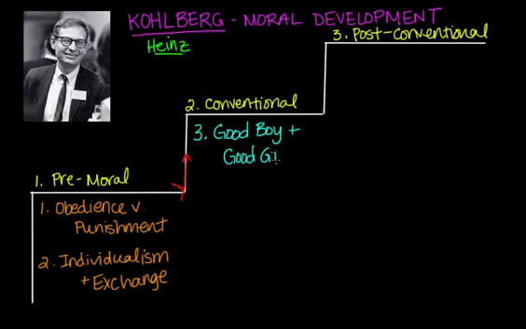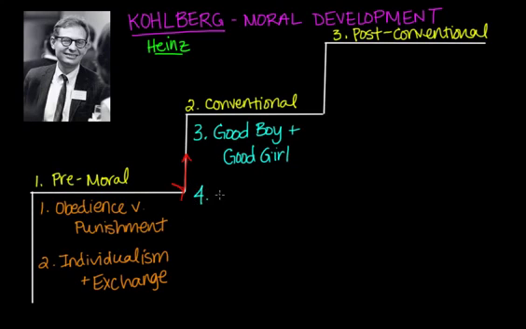What I mean by this is that the child or the individual is good in order to be seen as being good by other people. So now they're taking other people's thoughts into account. So there's an emphasis on conformity. Being nice and having that consideration of how choices influence relationships is important.